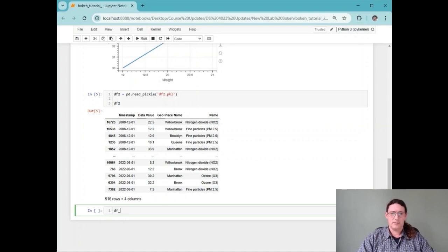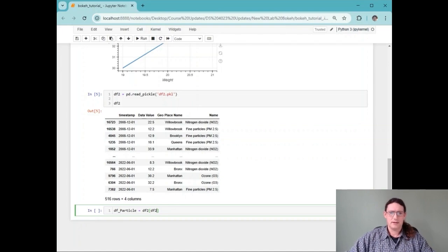So I create a new one, name it df particle, and I will pick only the columns or the rows where the name, this is the name parameter, this column, where this will be equal to fine particles here. So I built a new data frame like so,